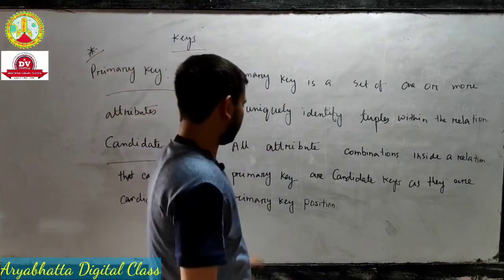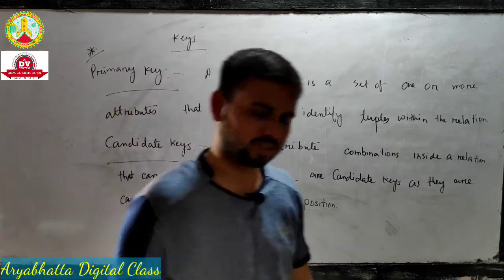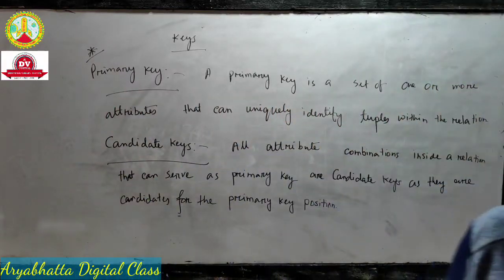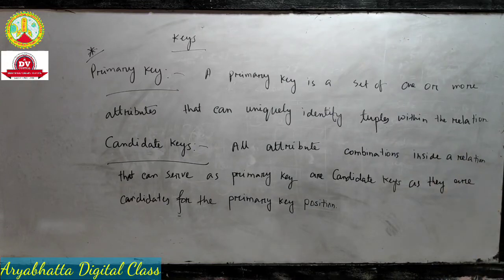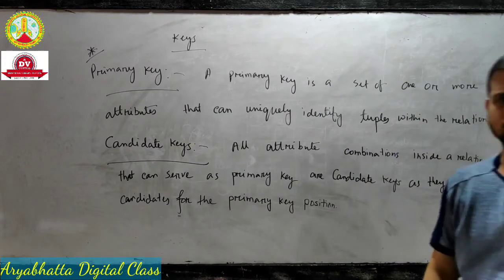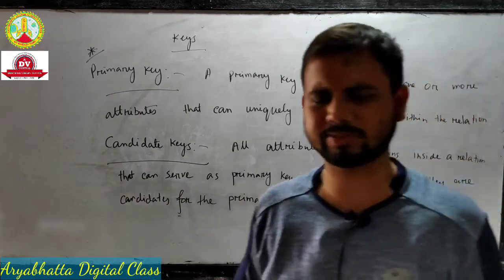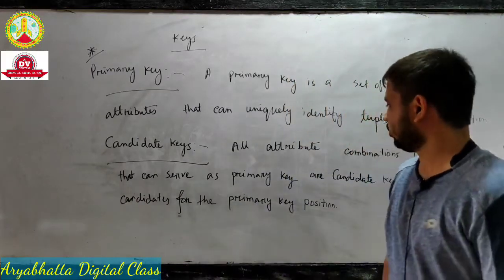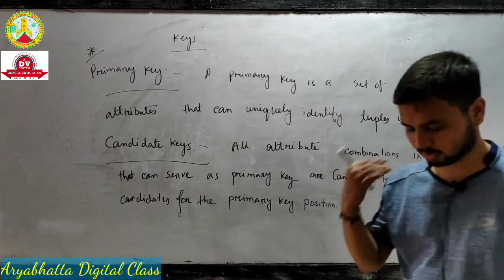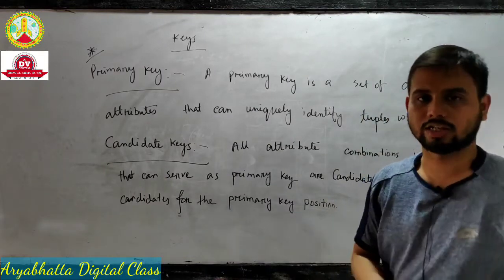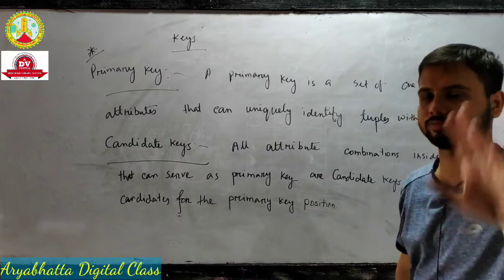So you see, what is the candidate key? Sometimes a difference question also comes in the exam. What is the difference between primary key and candidate key? Then you have to write the definition. Mainly this type of question carries 2 or 3 marks, maximum 3 marks. Or sometimes they ask what is the difference between primary key and secondary key? Give a suitable example. Then it contains 3 marks.